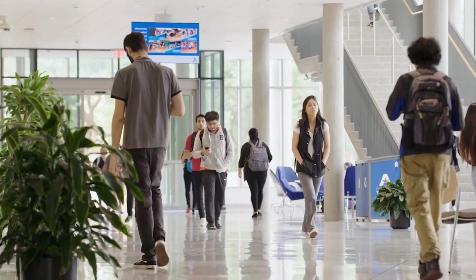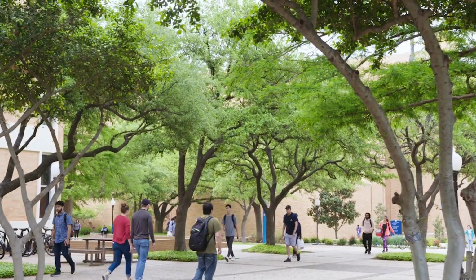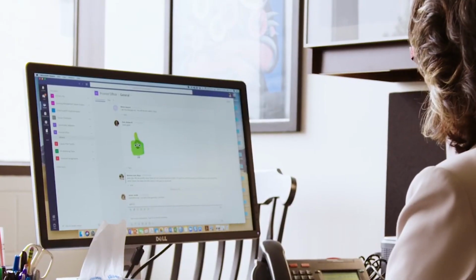We have a huge population of students, not only in our region, but we also serve students that are online. And our students are all juggling a lot. So we want to be sure that the resources that we have really are focused on our students.